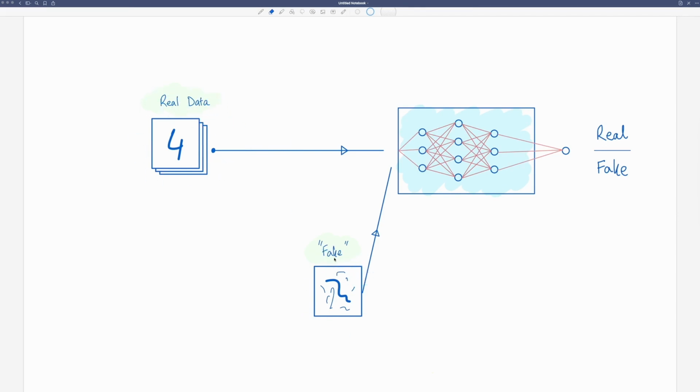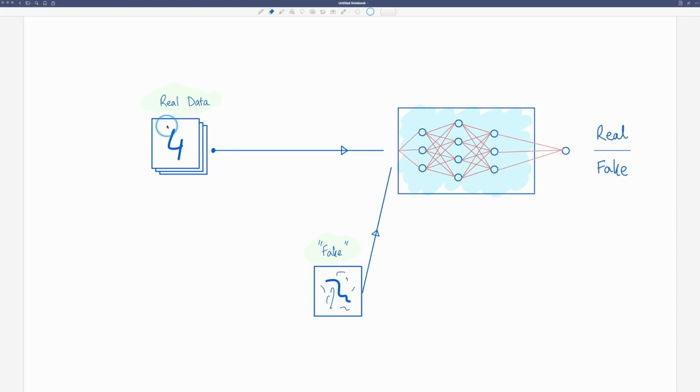Let's translate this to a machine learning model that we understand a little better. So MNIST, for instance. We are going to have some real MNIST digits going into the discriminator. It should call them real. It should label them as real. And if you generate some noise, some random pixels, and feed them to the discriminator, it should say fake. How is it going to learn? It's going to learn using these simple labels of real or fake. When we feed it a real, we're going to tell it real as the label. And when we feed it a fake, we're going to put fake as the label.